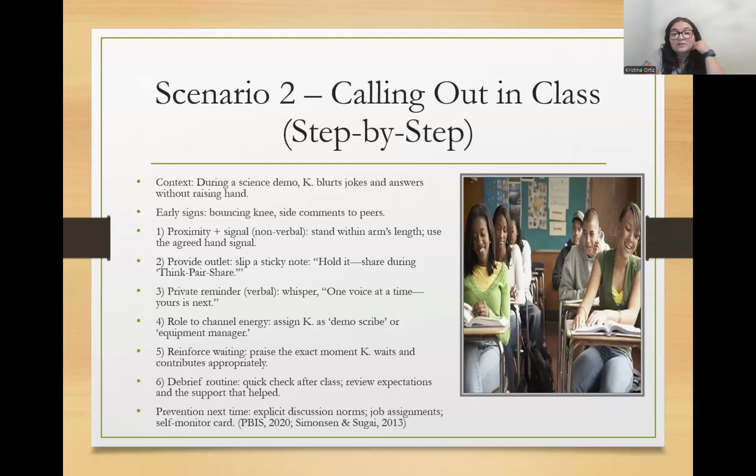Again, some research was prevention next time: explicit discussion of norms, job assignment, self-monitor card. They all directly relate to calling out in class. This has helped. So PBIS 2020. And then